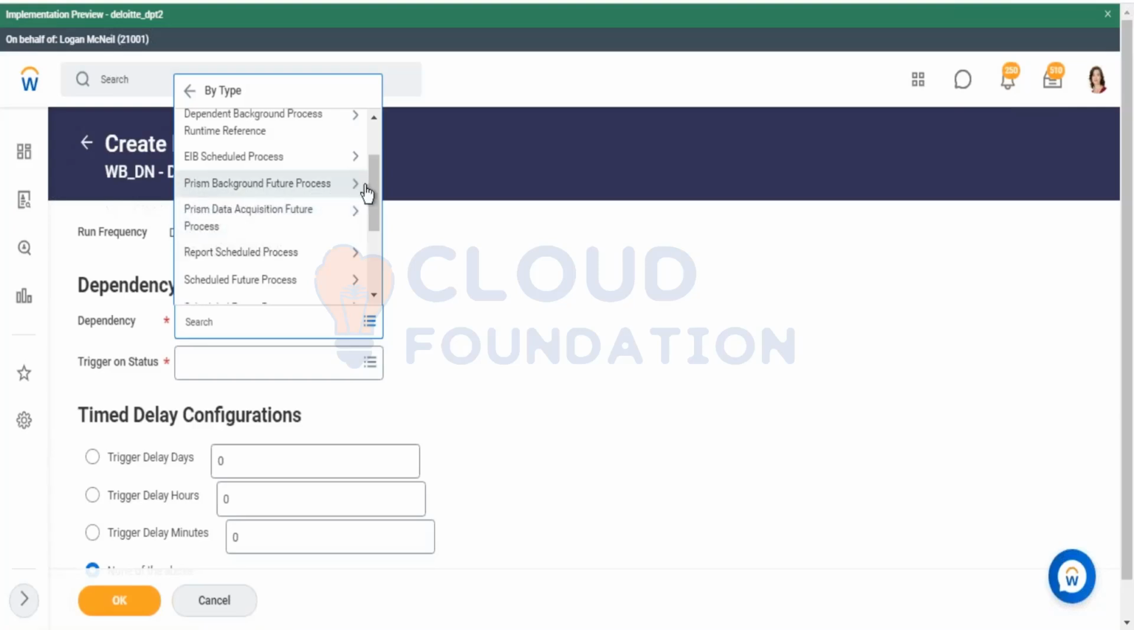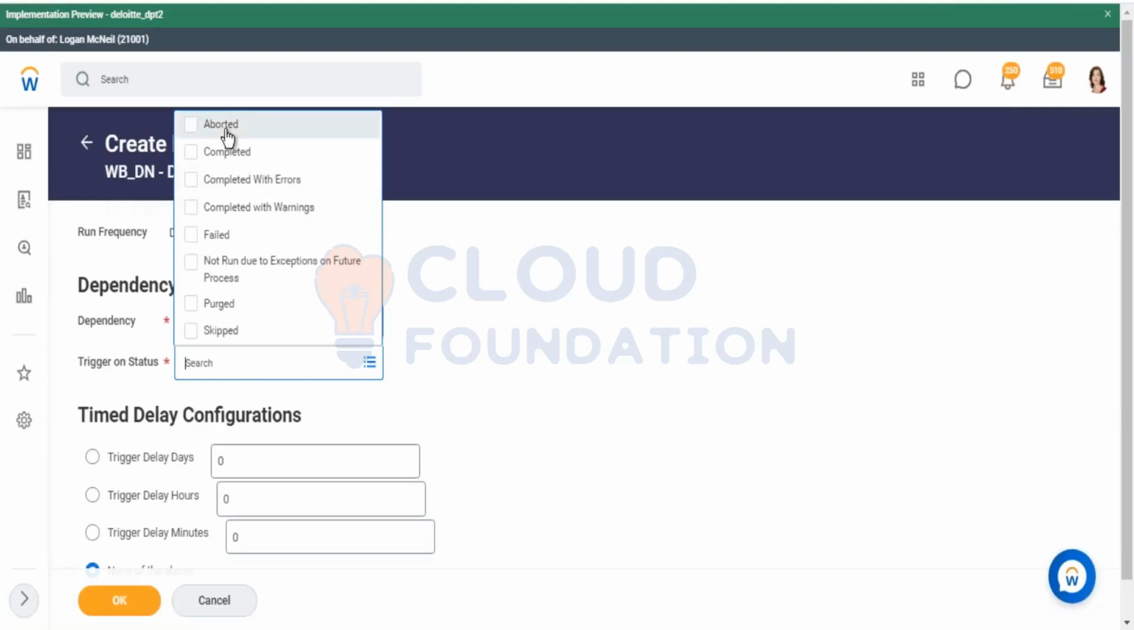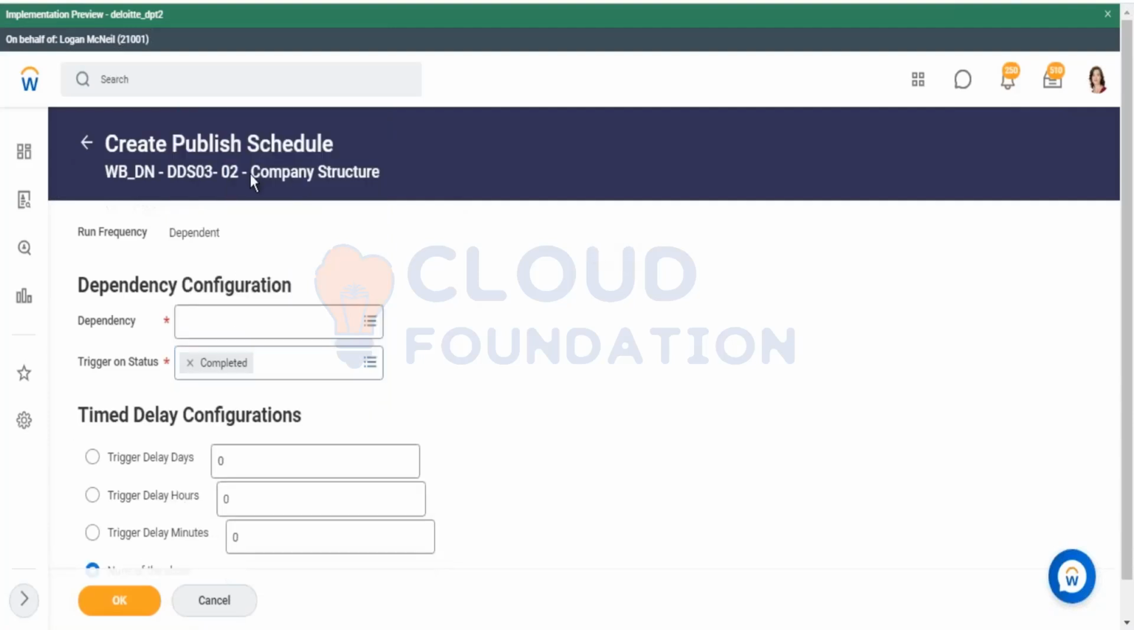Or you can also say after some ABC data set is published, then publish this as well. So there are two processes. One is the data acquisition process, one is the Prism background process, right? And then I can say on what status. So after that data acquisition is, let's say, successfully completed, then go ahead and trigger this particular schedule,